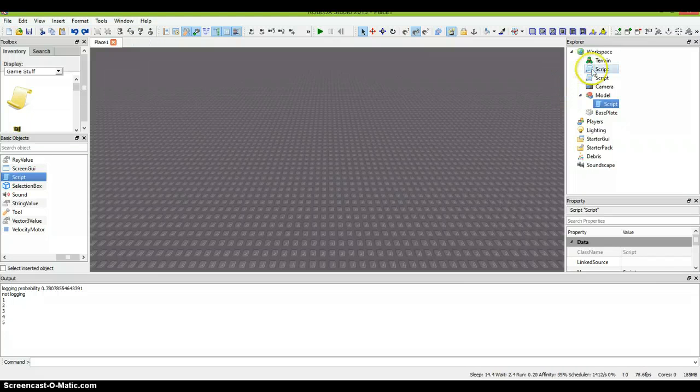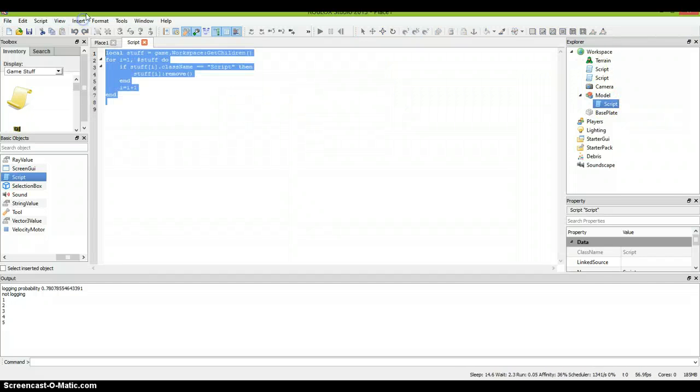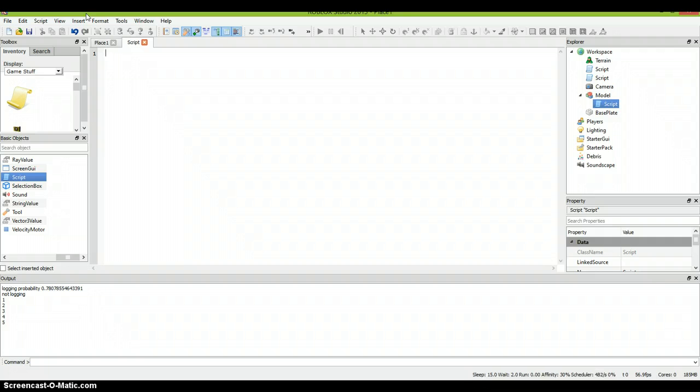So now I'm going to go over in pairs, which is basically the same thing. It's just that in pairs is more algebraic than numerical. So it's more customizable. That's why I like it. So local stuff equals game.Workspace:GetChildren(). So for ASDF, this is like i, but it's just a different way of saying it since we're saying pairs, because it's more